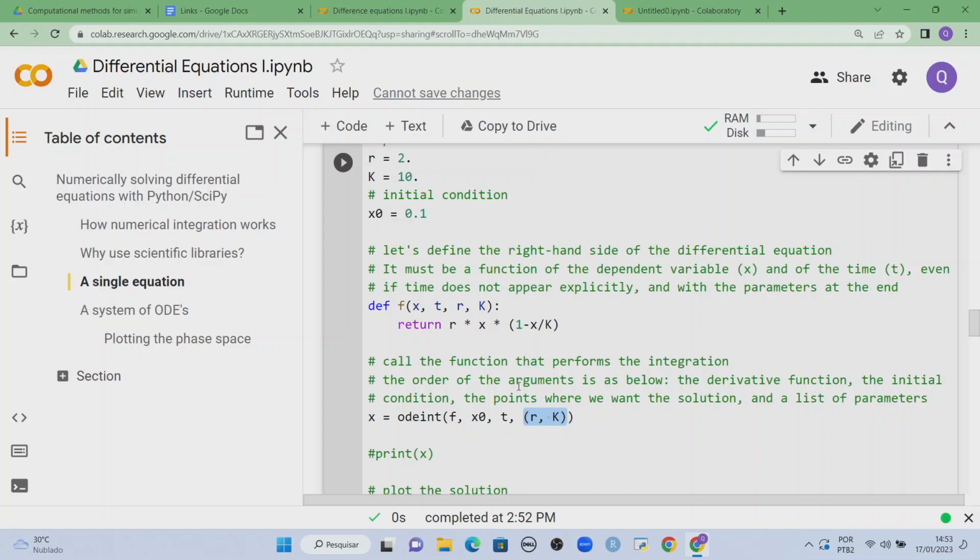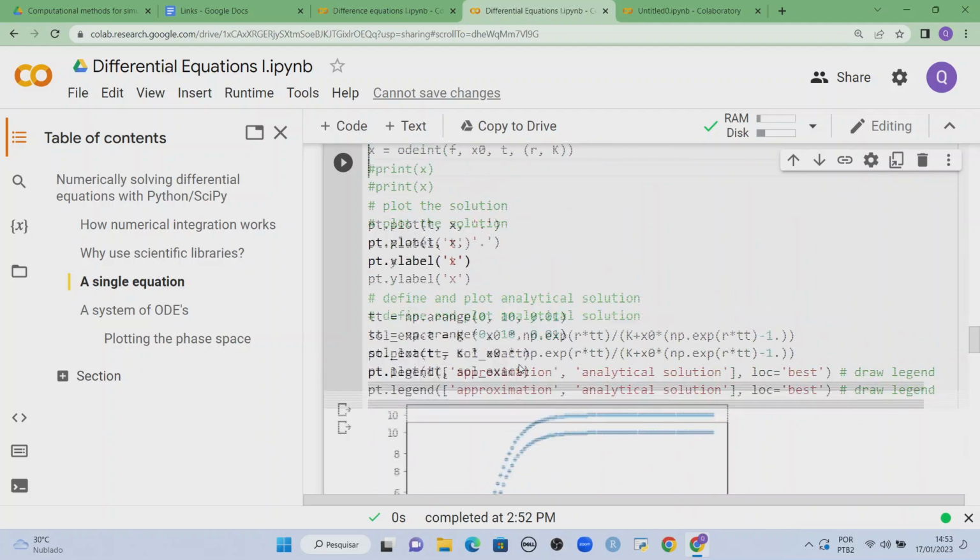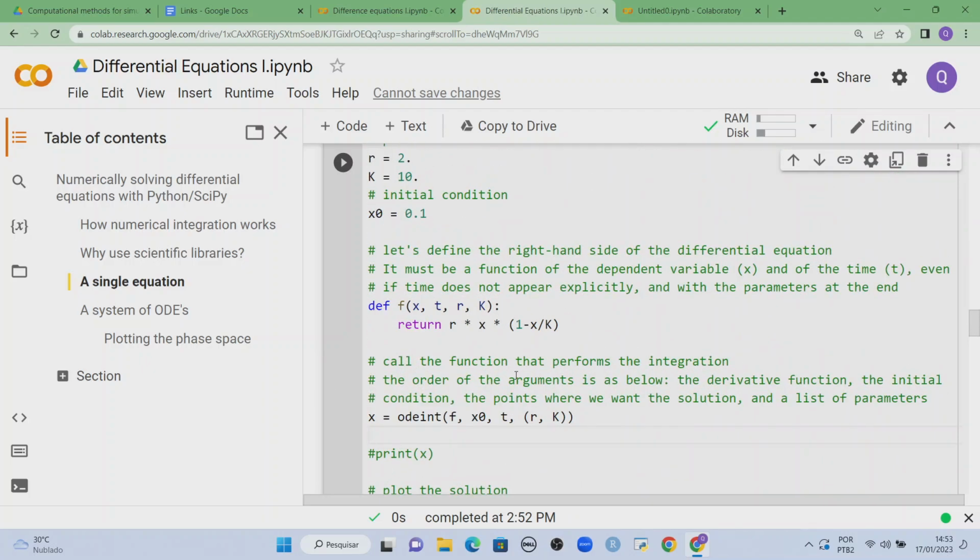Yeah? No, not so much. Perhaps a little bit. Okay. So now that this is okay, so how do I work on a system of ODEs? Okay, so